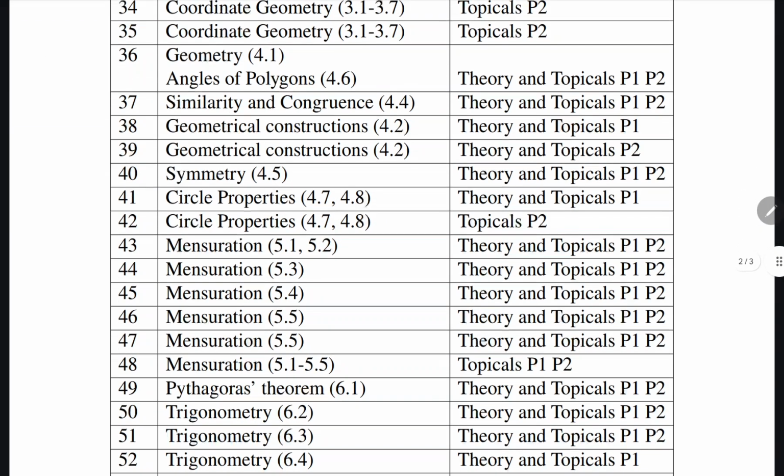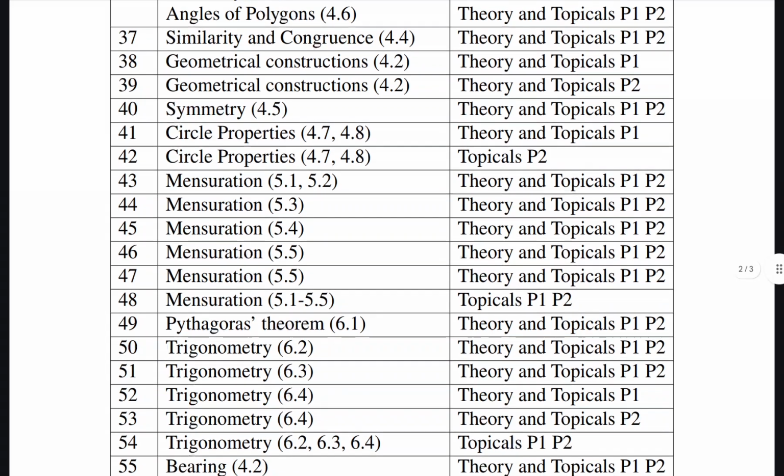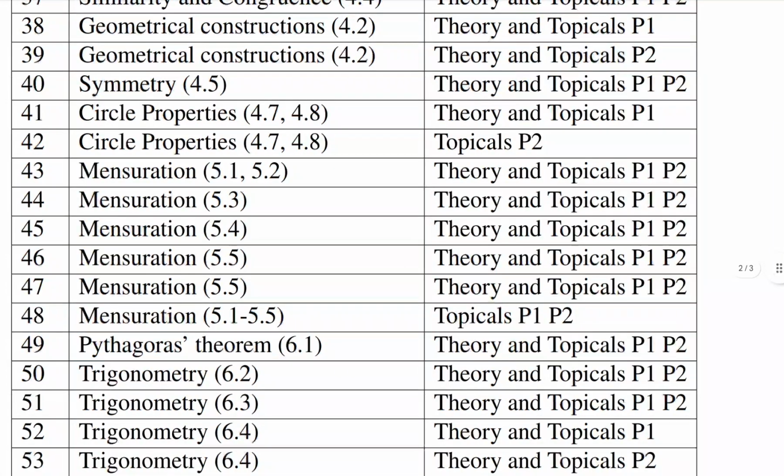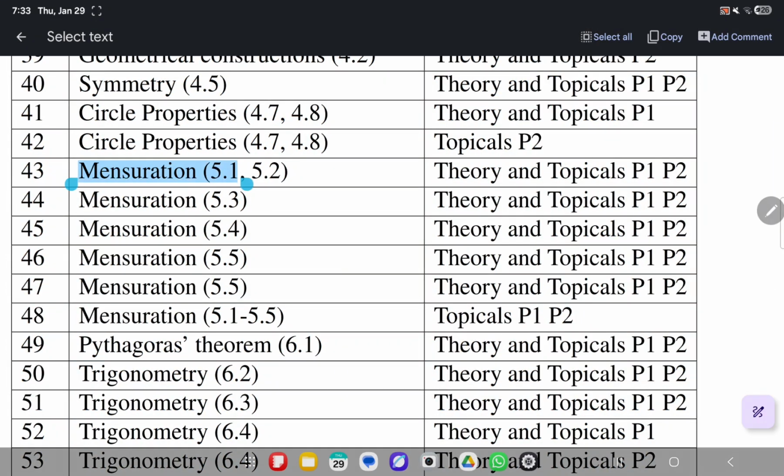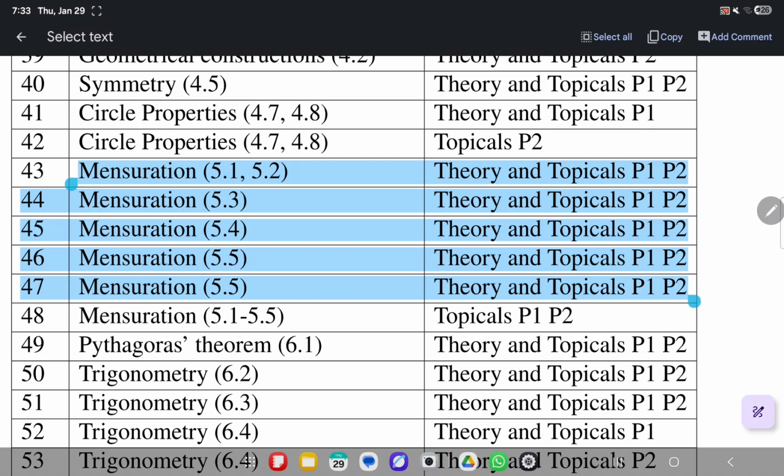Especially for the geometry chapters and mensuration chapters. Yes, mensuration is a tight squeeze. After looking at it again, I think you can do mensuration quickly.